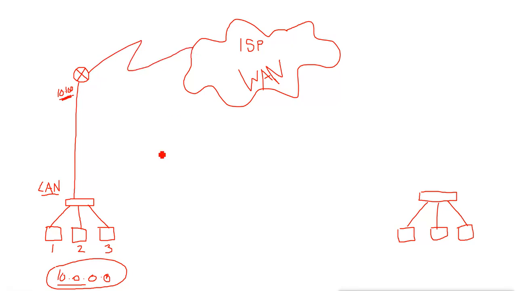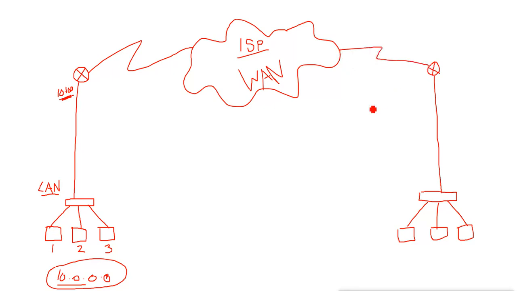Now on this interface, the IP address will be provided by the ISP. Whatever IP they give is always a public IP, and we will assign that IP here. Because we connected, we get the link to connect these two offices, here and this side. So on this side also we have to put a router which will be connected to the LAN network of that side, and from that side also we use a WAN port to connect to the WAN.